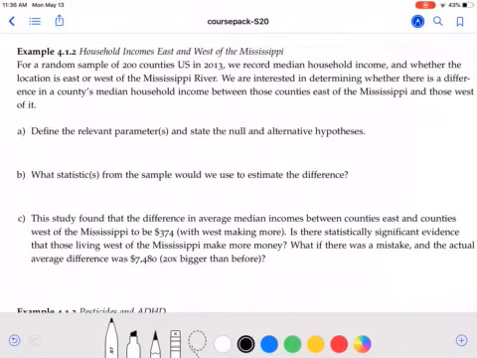test for 2 means, test for 1 proportion, test for 2 proportions. Here we're actually asked about the median. So you can do tests for other sort of things. So we can label what we want as our parameters here. So I'm going to use capital M to stand for the population median, and then I'll use lowercase m for